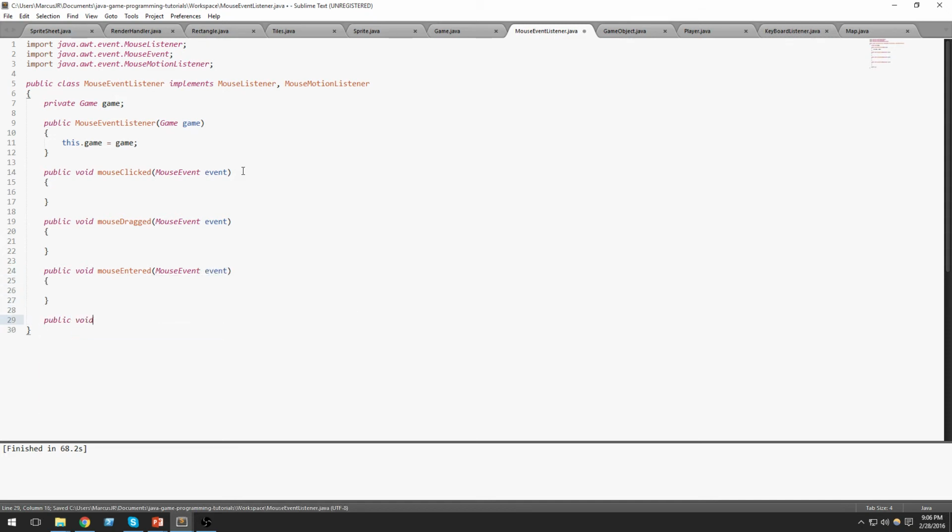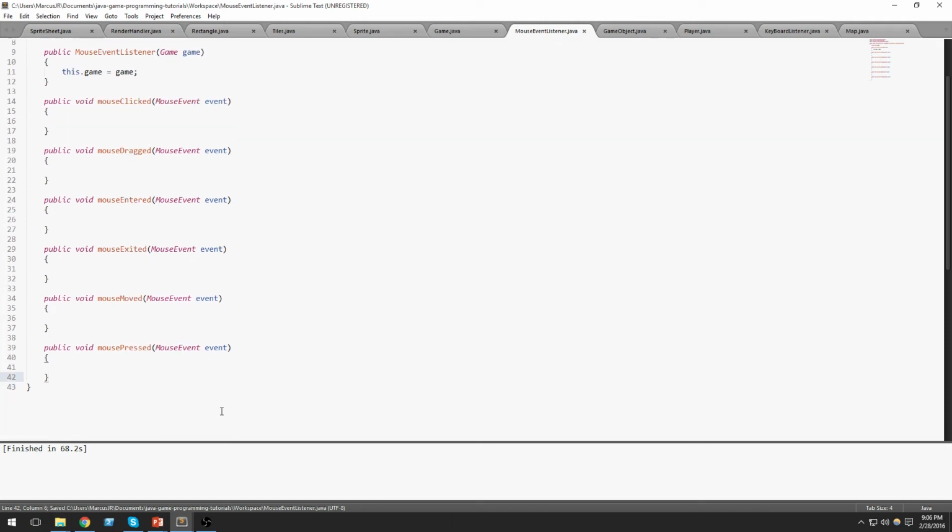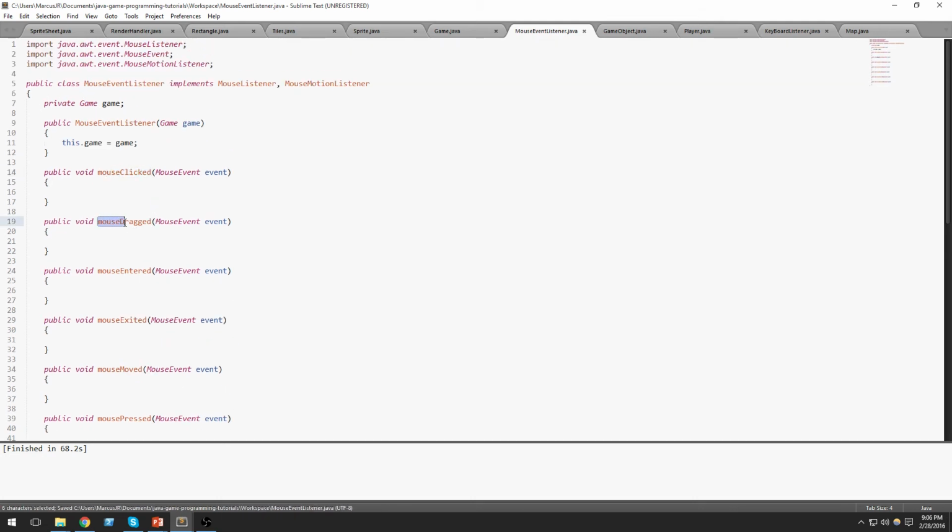Public void, oh my gosh, mouseExited, MouseEvent. Whew, public void mouseMoved, MouseEvent. Public void mousePressed, MouseEvent. And then finally, public void mouseReleased, MouseEvent called event. So, yep, mouseClicked if the mouse is clicked, mouseDragged if the mouse is dragged